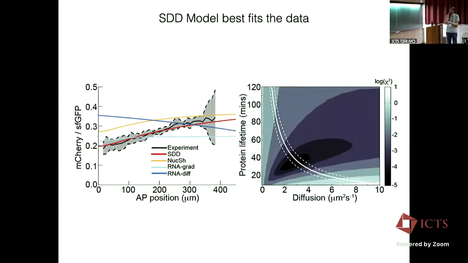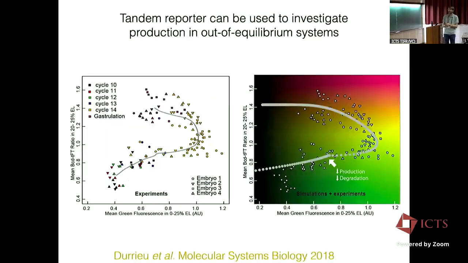I think most physicists can work that's not a problem. But what's nice here is that it shows that the diffusion model certainly fits the best. And we could do some nice things, like we could follow the total fluorescence, so essentially how much protein there is versus the ratio of the signal, and across multiple stages, multiple embryos, so from very early to young, and we could actually nicely map how the system behaved, and in fact see when and where production was turning off